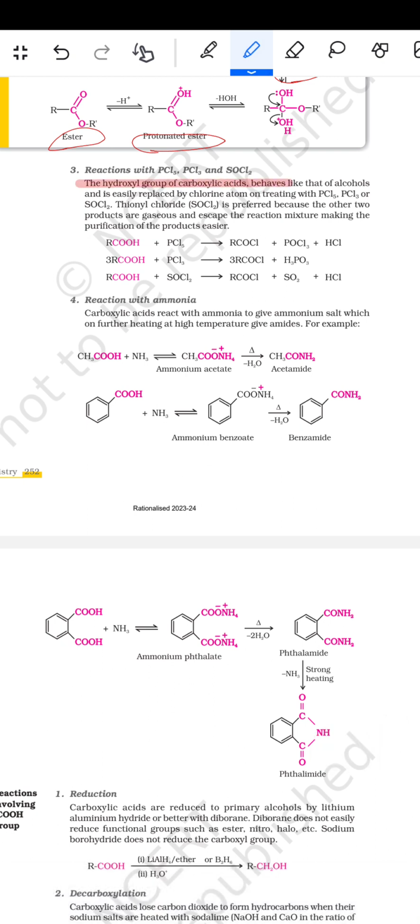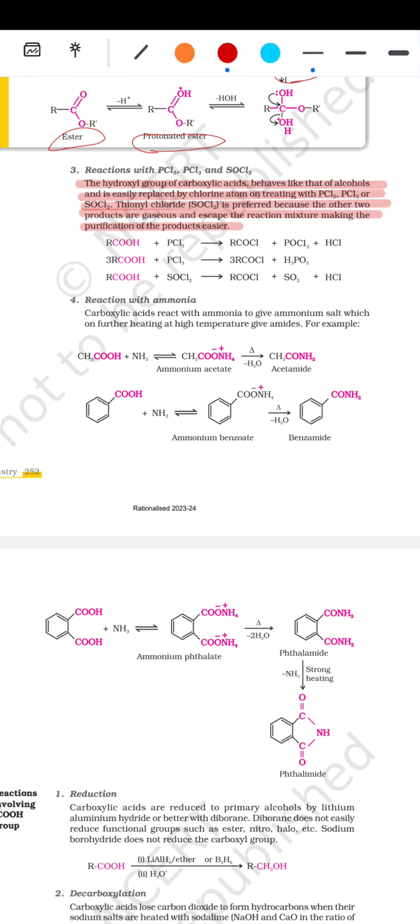The hydroxyl group of the carboxylic acid behaves like that of an alcohol and is easily replaced by a chlorine atom on treating with PCl5, PCl3 or SOCl2. Thionyl chloride SOCl2 is preferred because the other two products are gaseous and escape the reaction mixture, making the purification of the products easier. तो